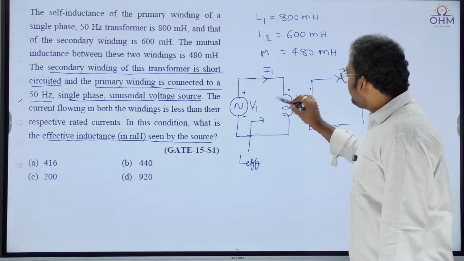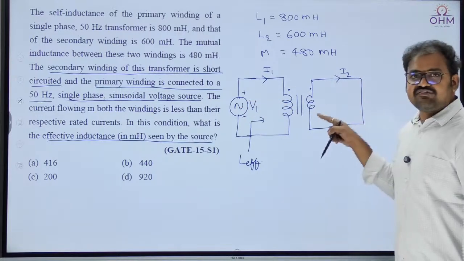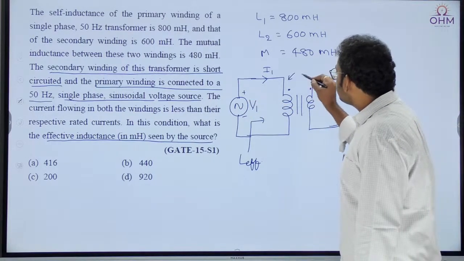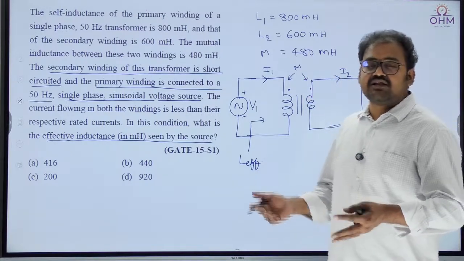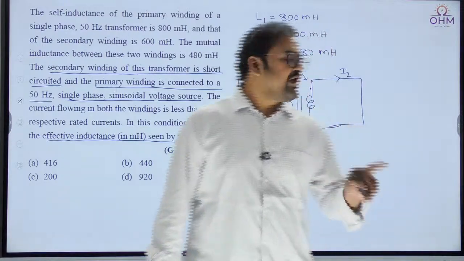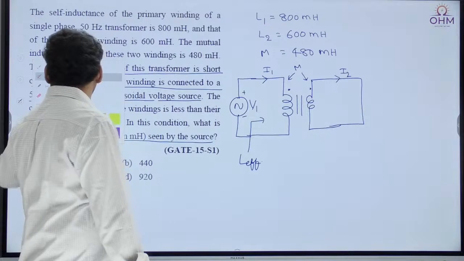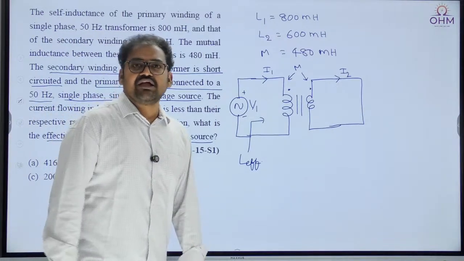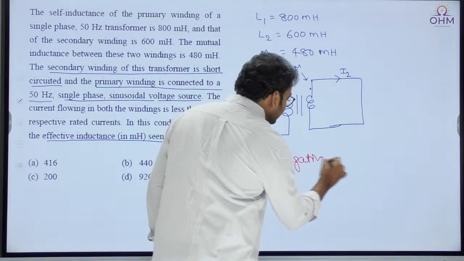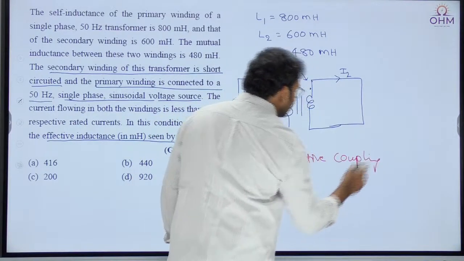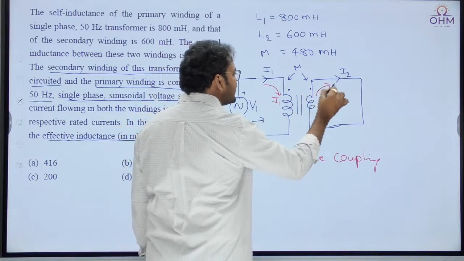So remember, the primary winding has some self-inductance, the secondary winding has some self-inductance, and between the two there was some mutual inductance. I hope you studied coupled circuits in the electrical circuits subject, and you have to answer this question using coupled circuits knowledge. A very simple point you need to understand here is that a transformer is a negative magnetic coupling circuit. What is meant by negative magnetic coupling? Very simple. On the primary side, current will enter the dot polarity, whereas on the secondary side, current will leave